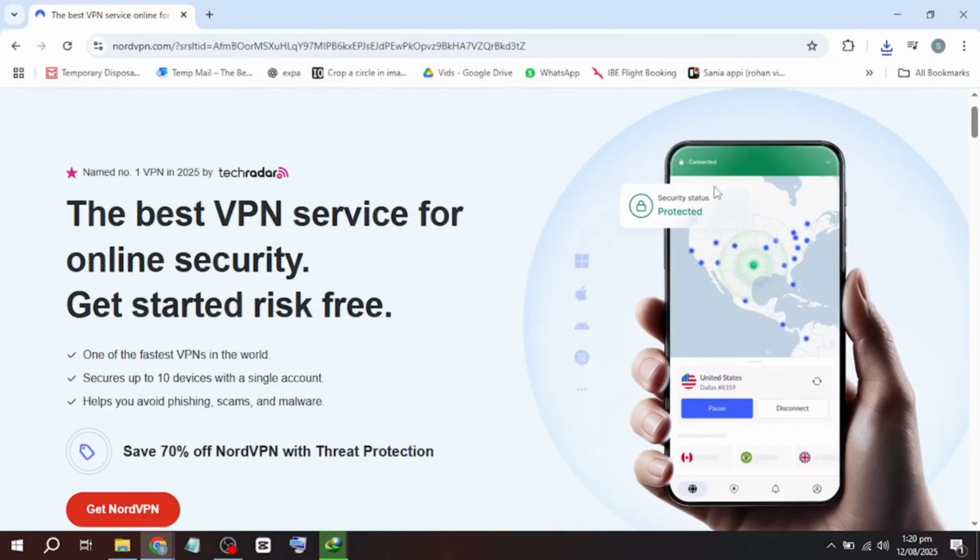Hello everyone. In this video, I will show you how to use NordVPN on iPhone in China. If you are traveling there and want to access the internet without restrictions, this guide will help you get around